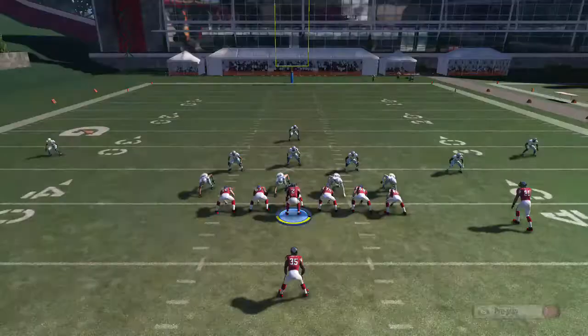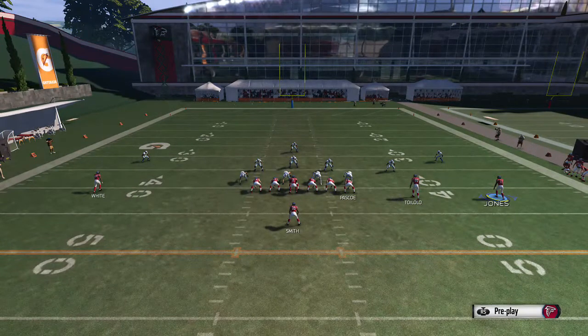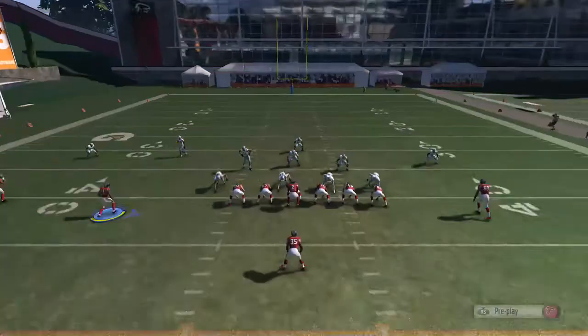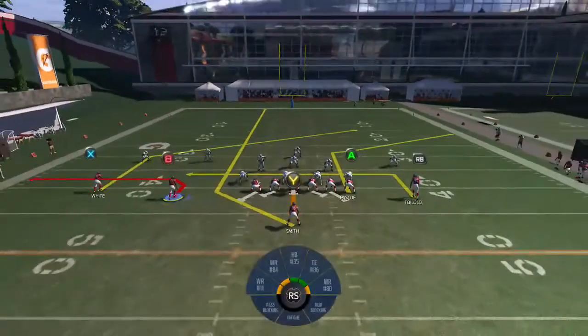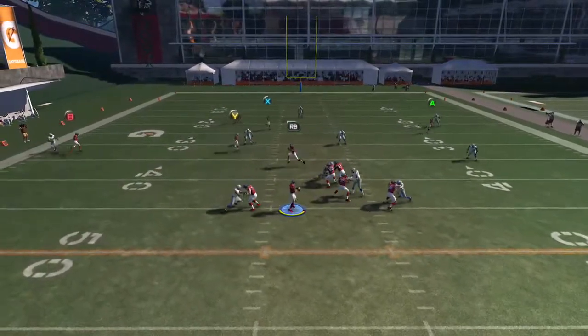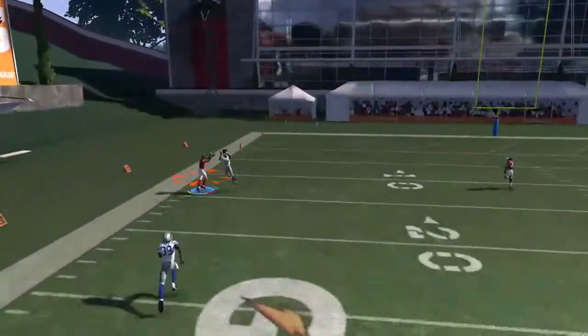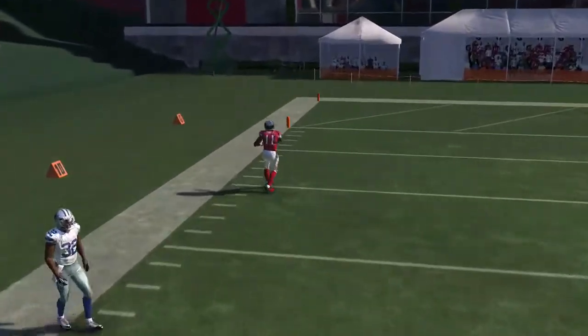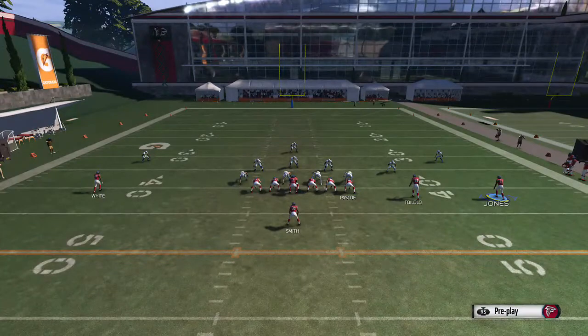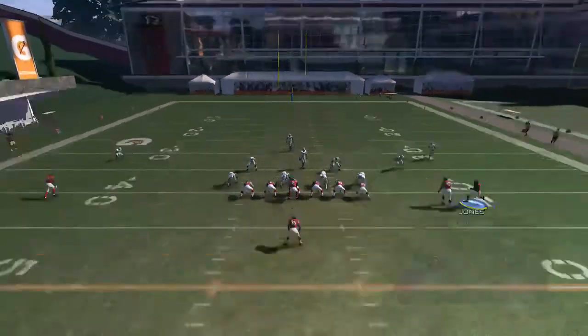So I like to call this play on a lot of your drop zones. When your opponent comes out with a cover 3 drop or cover 4 drop, and you know that they're doing the drop zones, being able to have them rush only 3, you're going to have more of an ability to beat them down the field. That time I was able to... Oops, I didn't see that guy going down the field. That time I was able to buy a little bit more time, but you can see what the potential